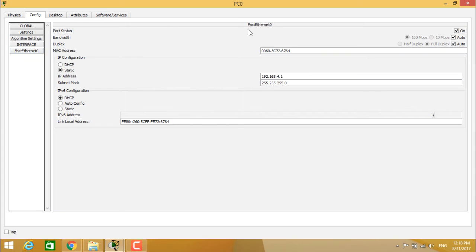Okay, you can see the port status for FastEthernet0 is on, and the bandwidth is auto. You have three options under the bandwidth: 100 Mbps, 10 Mbps and auto. Coming to duplex, you have half duplex and full duplex. It is chosen as auto, and given the MAC address,